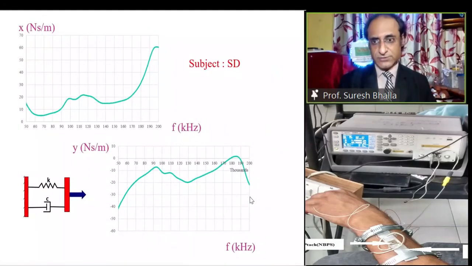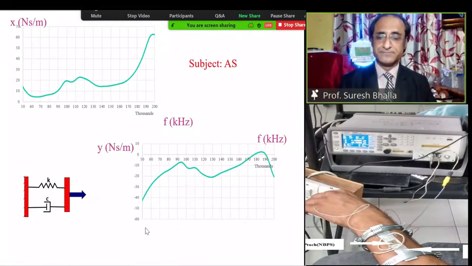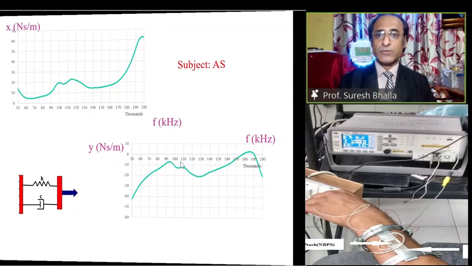common trend here also, that here in fact the nature of the signature is a bit odd, and here the system identified is this parallel spring damper system. So consistently we observe this. If you can see, the plots are more or less similar in all the 3 subjects. 4th one we are still analyzing. So basically the conclusion is that